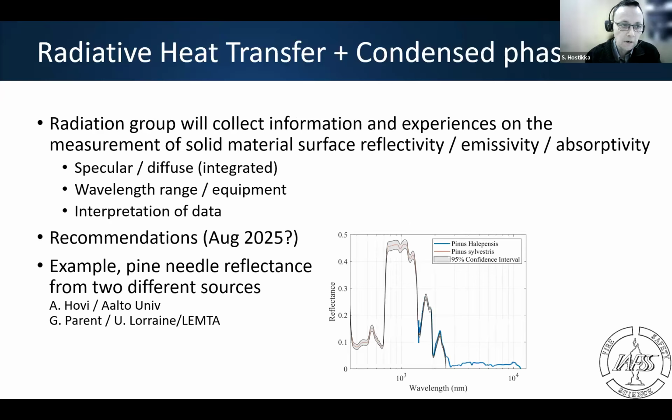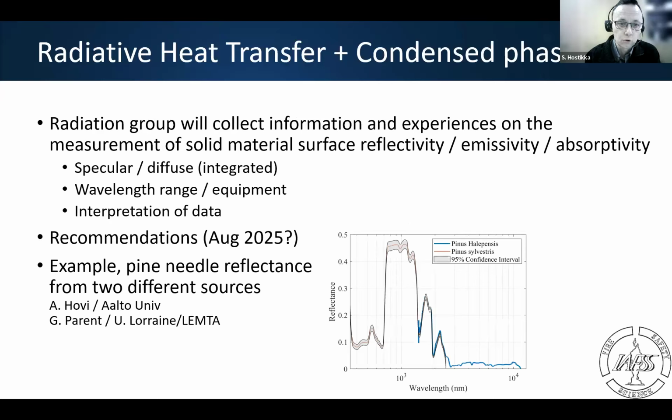And the last part of radiative heat transfer here is what we hope to do to support the work of the condensed phase group. Over the years, we have noticed that some researchers have measured the spectral properties of solid fuel surfaces, reflectance, emissivity, and so on.